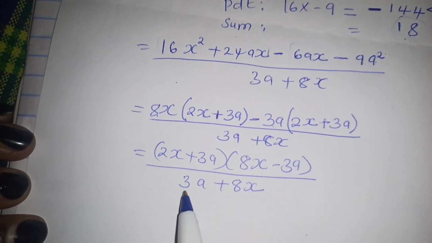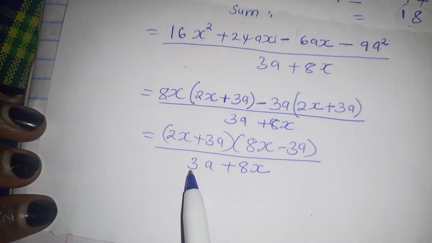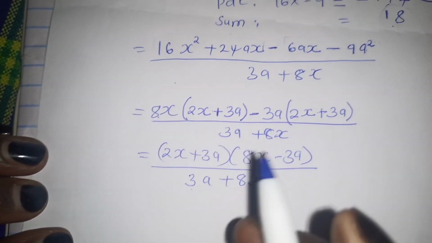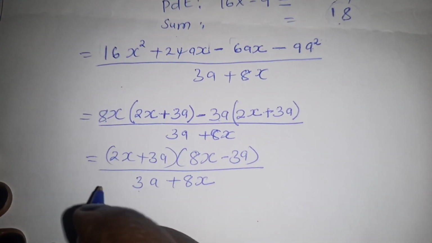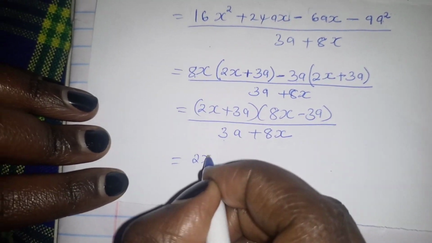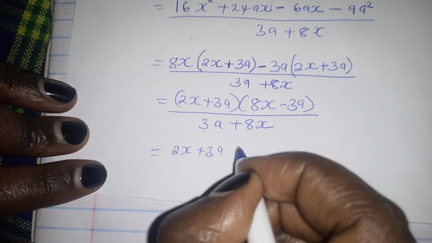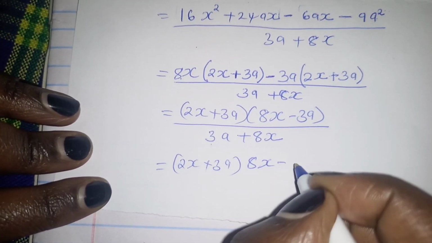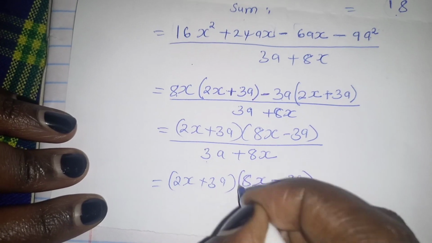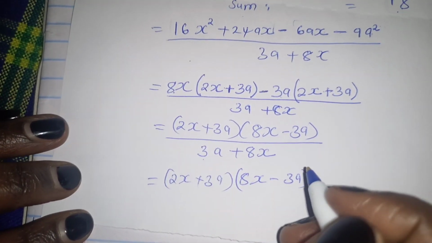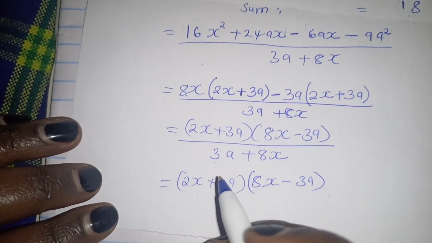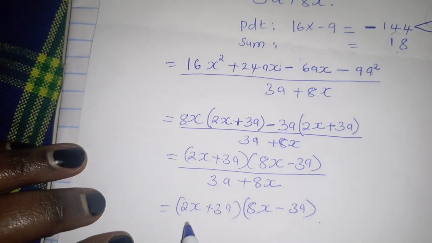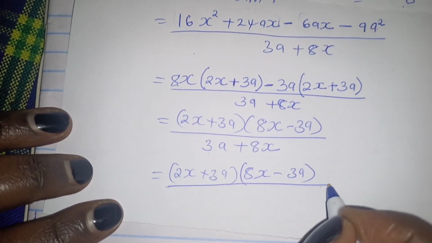So we can go ahead and factor out negative 1 in our denominator, so that we end up having 2x plus 3a, 8x minus 3a, divided by